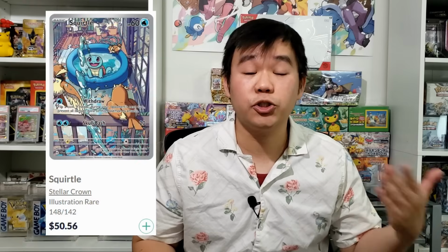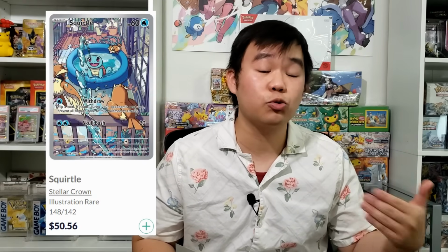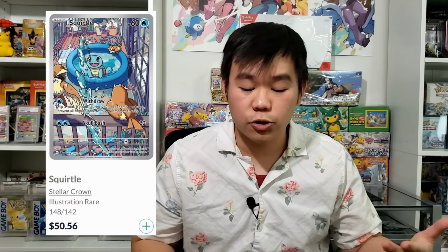In second to last place, which is not that much better, we have ourselves Stellar Crown, which is a little bit unfortunate because I absolutely love opening up Stellar Crown. I have a lot of fun opening up this set. The biggest issue with Stellar Crown is very similar to Obsidian Flames. The top chase cards for Stellar Crown are simply not that expensive. The most desirable chase card inside of Stellar Crown is the Squirtle Illustration Rare, which is also going for right